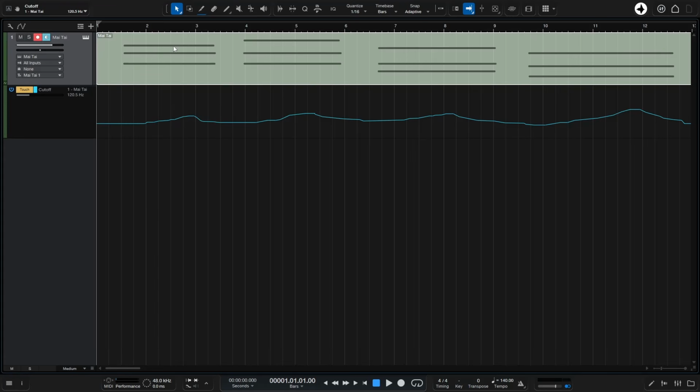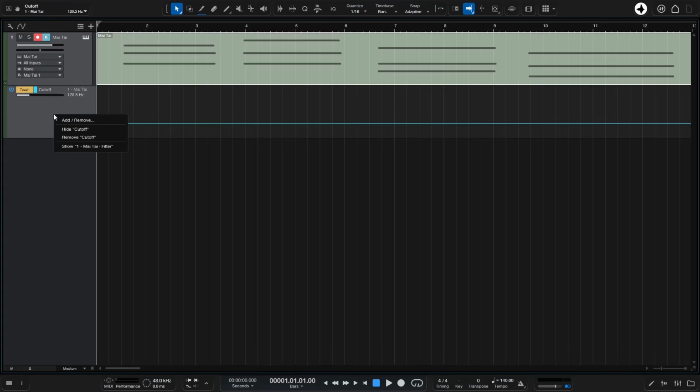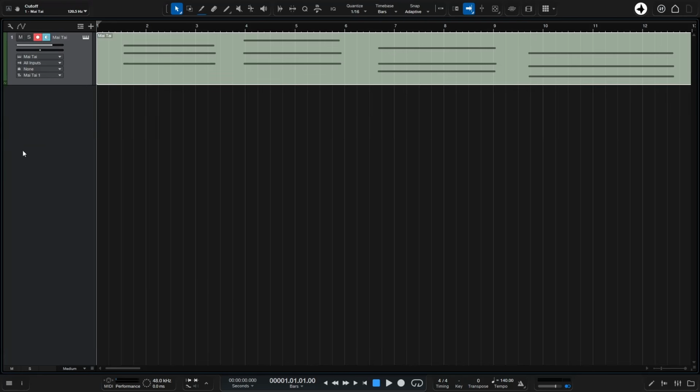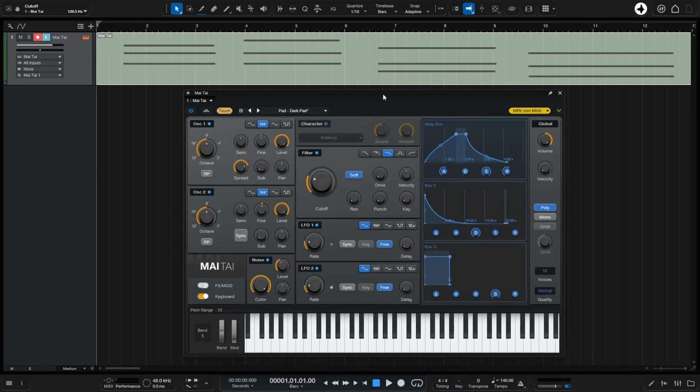We do have a different method where we can add the automation directly within the part here, and we'll take a look at that in a more detailed video in the future, but right now we're just really quickly covering a couple of methods here. But let's go ahead and Control Z to undo, and I'm going to right click, and we'll just actually remove that. Now another method that we can make use of is if we open up our virtual instrument,